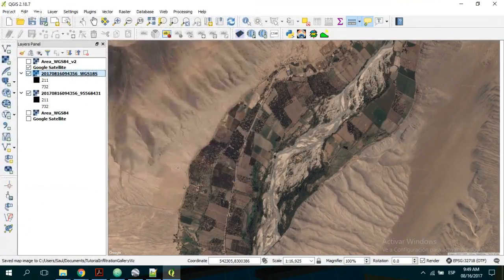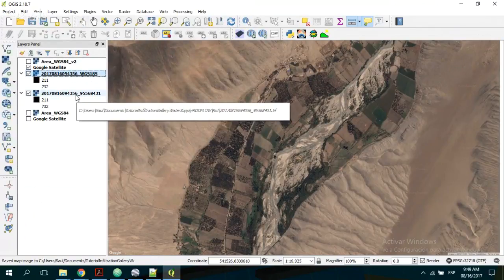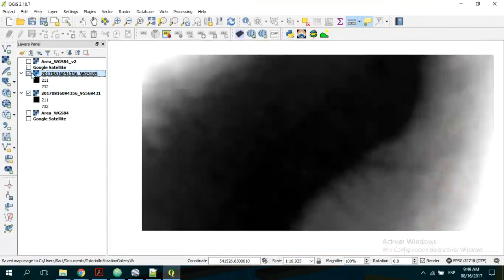Okay, that's right, that's great. So we have already the background map, we have the Amsterdam in UTM, and we need a